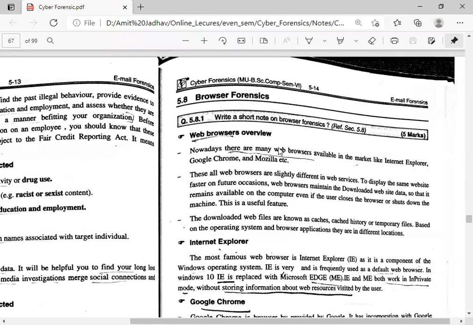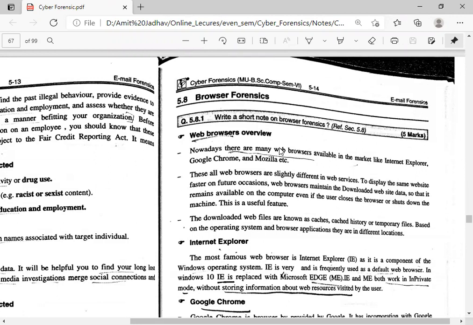The browser is one of the options from where the forensic team can get evidence. So let's see an overview of the web browser. We all know about the web browser. There are different web browsers available in the market, famously known are Google Chrome, Mozilla, Internet Explorer.